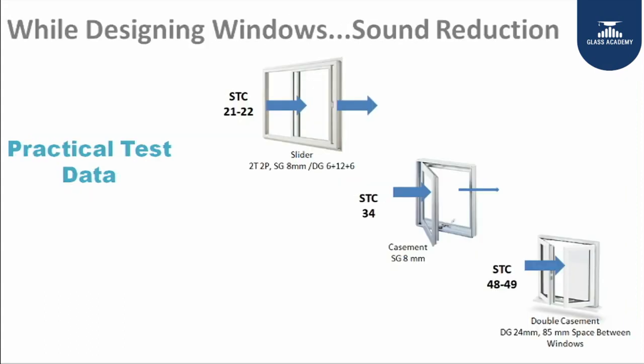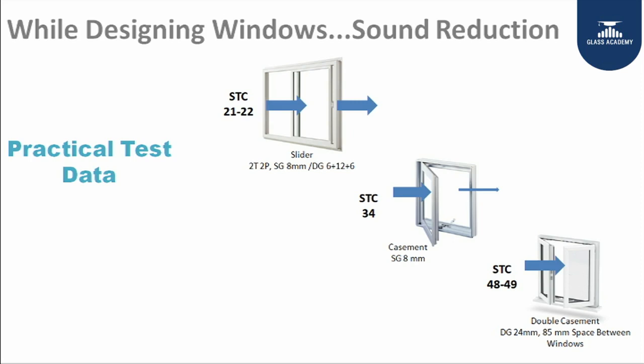Now, when we talk about sound insulation or noise, the easiest way to compare between different materials is the sound transmission class. Whatever building material is being used in the construction, they are all classified by sound transmission class. And in windows, whether it is sliding, casement or double window, the STC can be evaluated. As a composite product, with the window installed in an aperture and with different types of glass, the slider has the lowest STC, which is around 21 to 22.